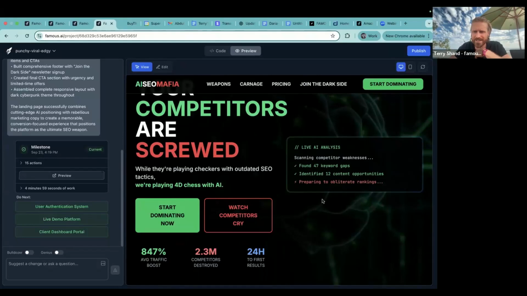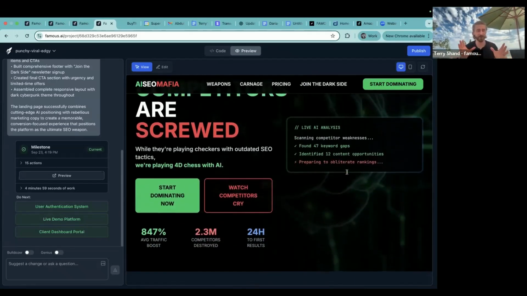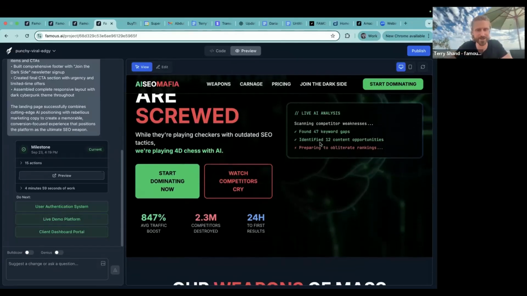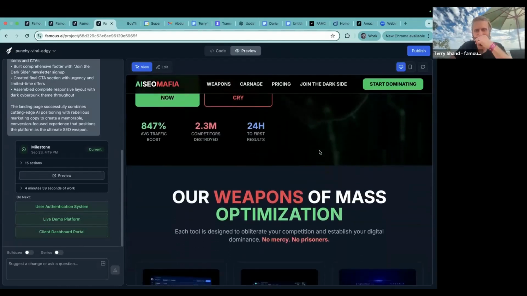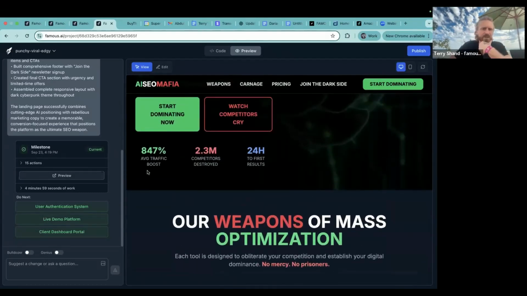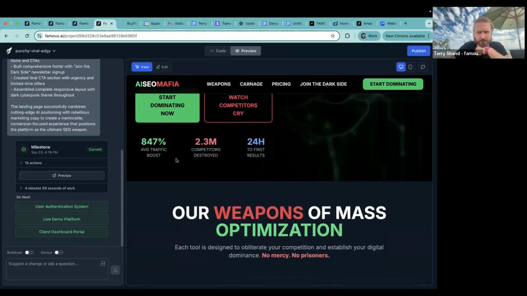Oh, and this is cool. Do you see how this is written out as kind of coding? I like the way that's done. Do you see what I'm talking about, guys? This isn't generic bullshit. I'm doing relatively the same prompts with different niches and literally the four things you gave me. And I love the fact that it's gone almost coding, lettering, numbering on the hero section. That's pretty badass. Oh, and just casually, an 847 average traffic boost, obviously.